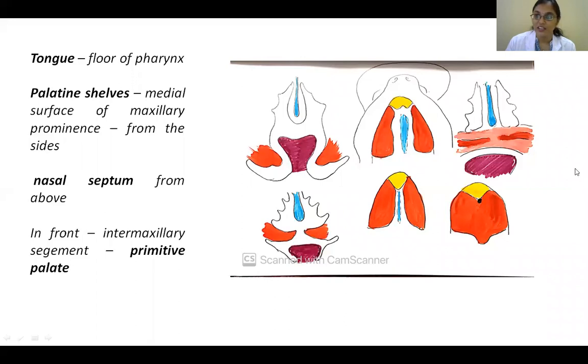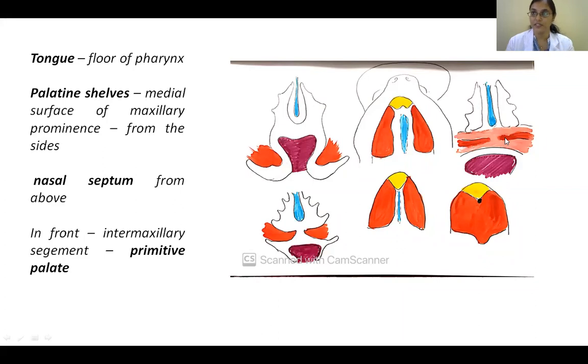So they start meeting. When they meet, the mesenchyme and the epithelium over it break, and it forms a continuity. So these three actually represent the septum. I hope you understood. Above is your nasal septum coming, and then the floor. Initially, there's a communication between the two. The palatine shelves which are forming go obliquely, then as the tongue goes down, they go horizontally, and then finally there's a fusion. This is where the bone is going to form.